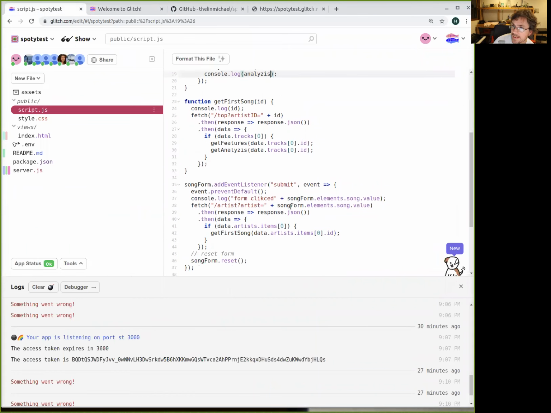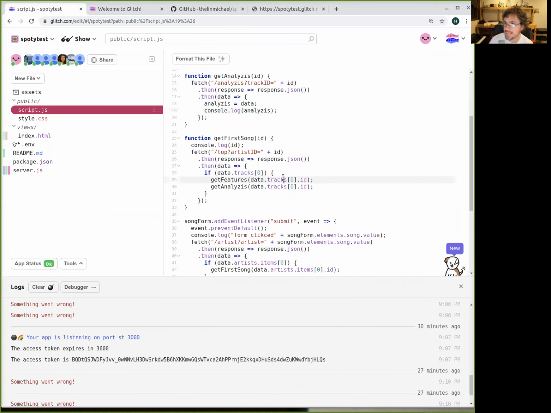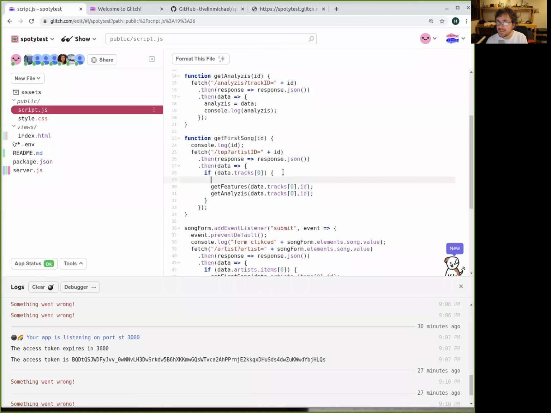So when we get the top artist ID, I'm gonna print this just to see, console.log data track 0, okay? Because that is not part of here.